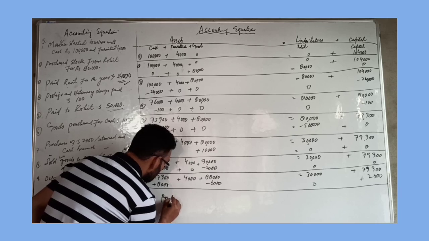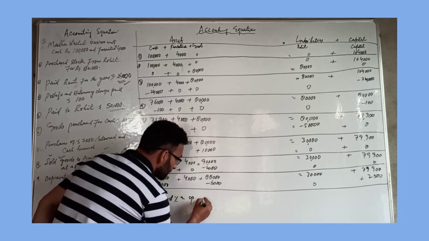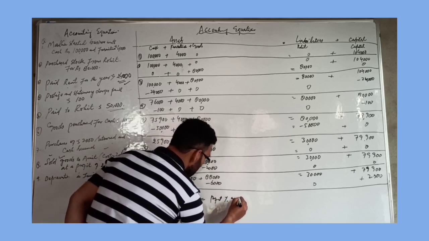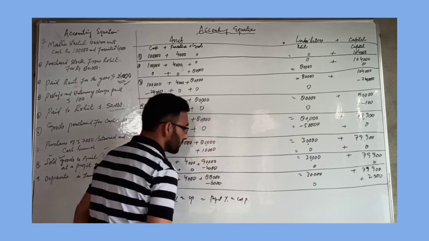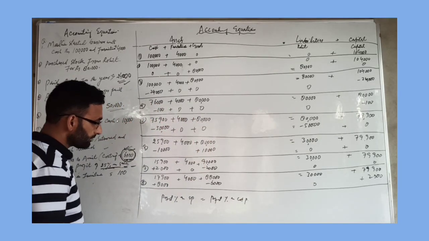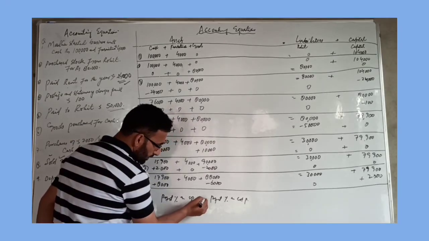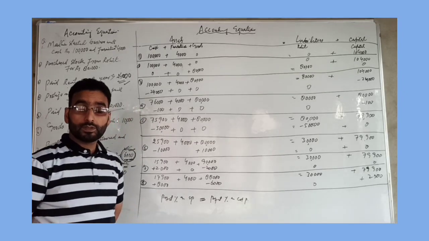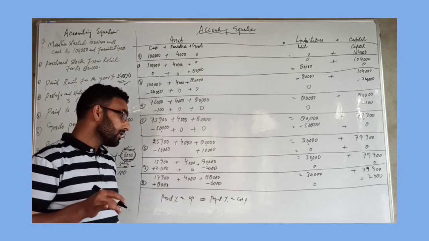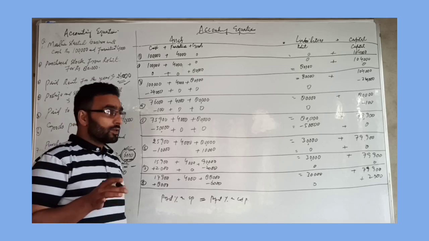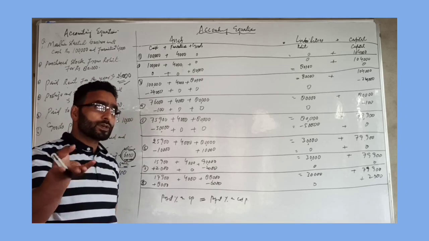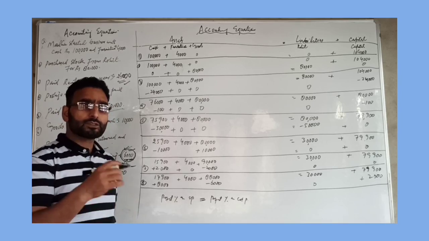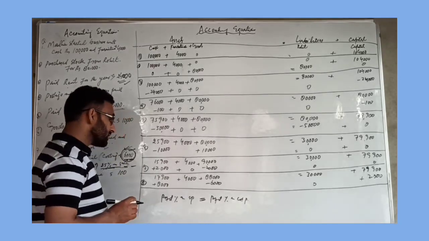Profit percentage on SP is equal to profit percentage on cost price. When the cost price rate is given and the selling amount is given, at that time we can easily calculate the cost price, the selling price and other things. For this we have to remember this table.